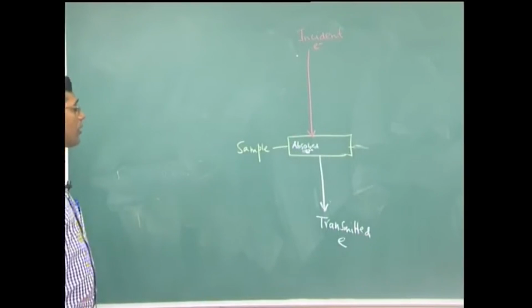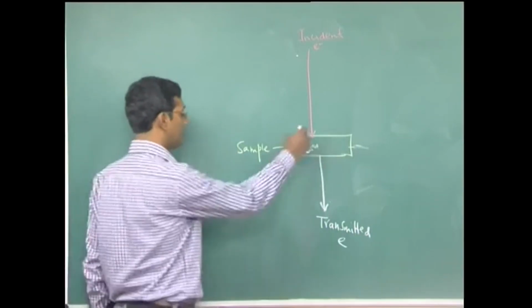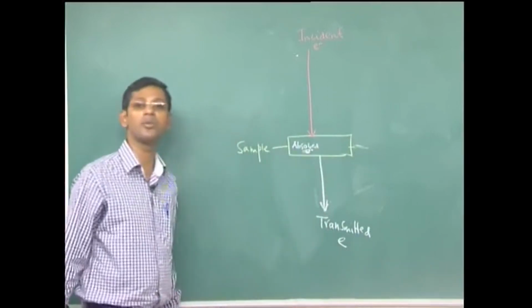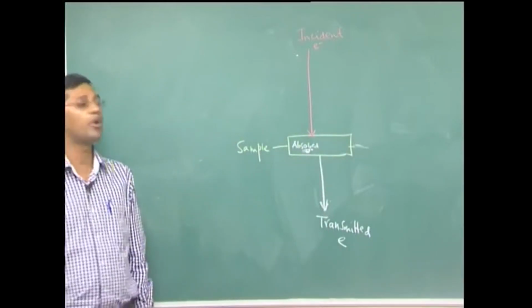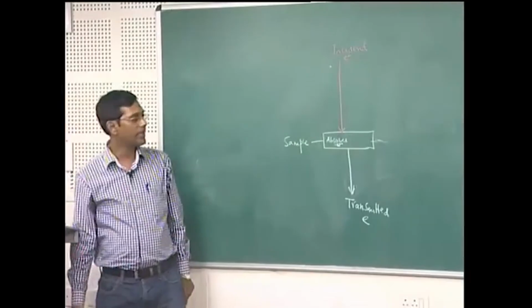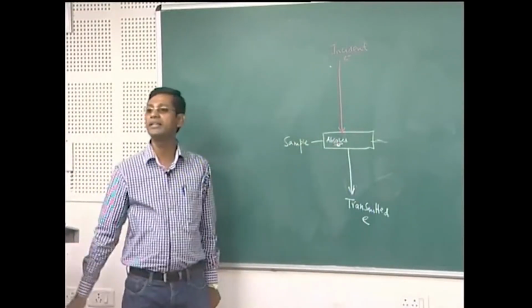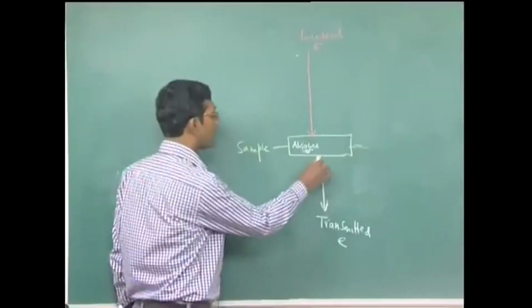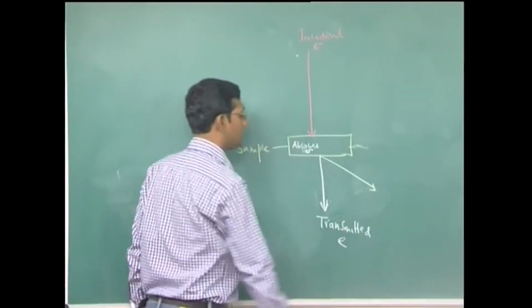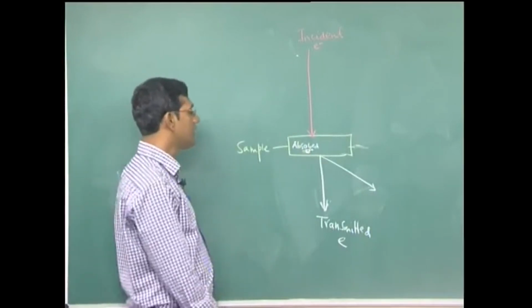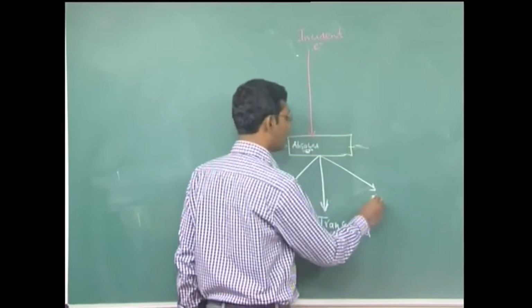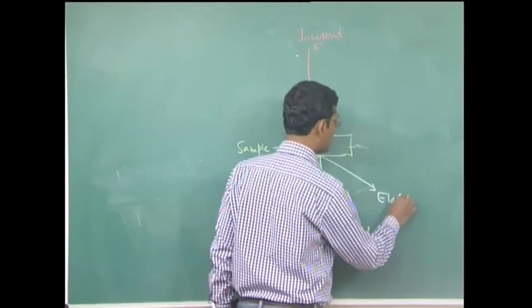Some of the transmitted electrons pass through without undergoing any deviation from their original path. That means these electrons are not undergoing any scattering, but some of the electrons which pass through may undergo scattering or diffraction. These electrons can be of two types, one which undergoes elastic scattering,